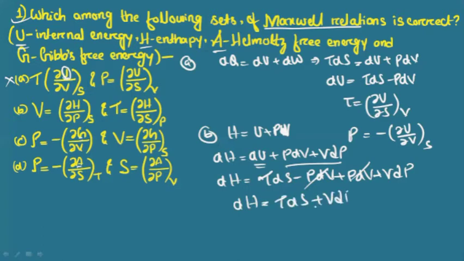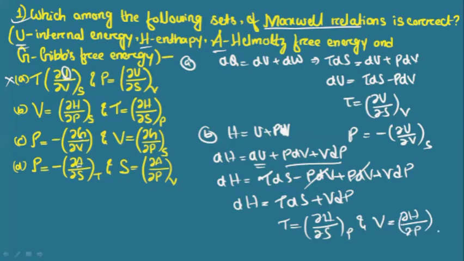From here you can write the temperature T is del H by del S at constant pressure, and V is equal to del H by del P at constant entropy. So here you see V is del H by del P at constant entropy, and T is del H by del S at constant pressure. So the correct option is option B. This is how you can check. Just see what is given here. Alright. Next, let's see